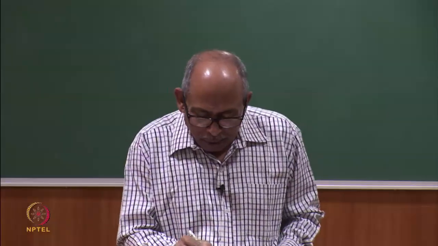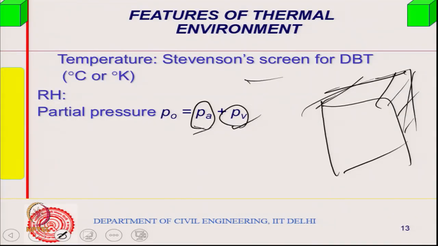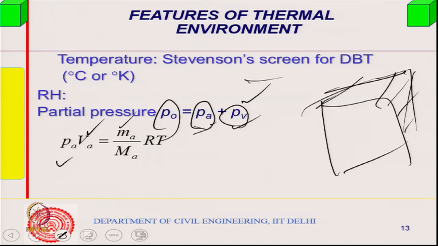So if you have water vapor and dry air, which is again a mixture of argon, carbon dioxide, oxygen and nitrogen, as I told you, the sum total of the moisture vapor pressure plus the pressure of the dry air is the total pressure. So the sum total of the partial pressures will give you the pressure, and I can now apply the ideal gas law. If it is only one gas, then Pa Va equals the mass of that gas divided by the molecular weight, into RT. They are at the same temperature, let us say.